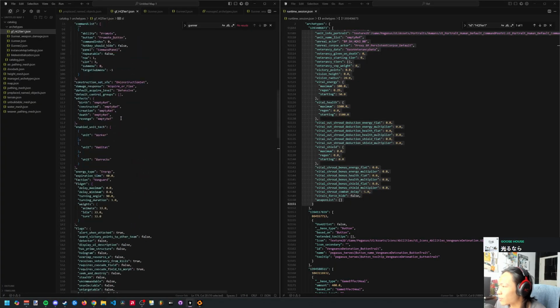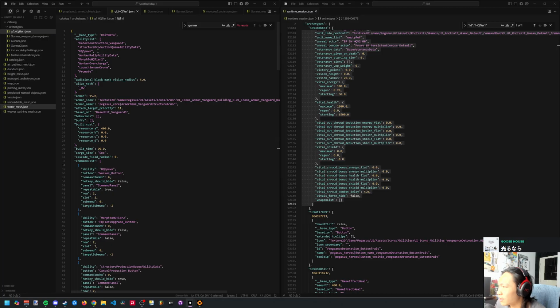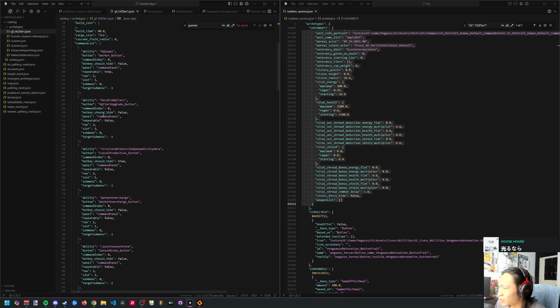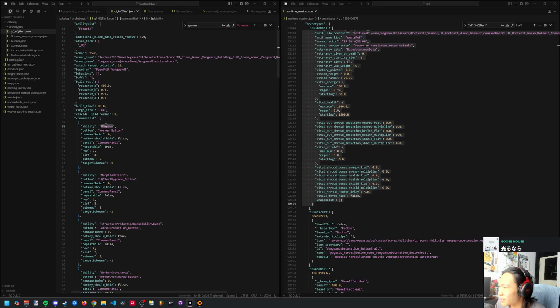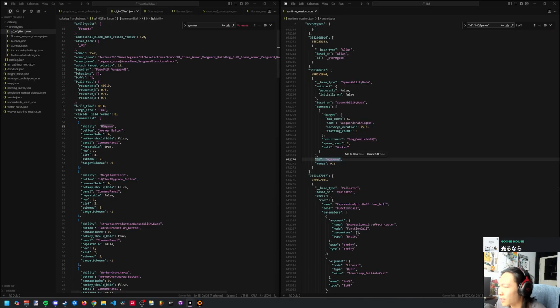But anyways, so a structure, right? So this is HQ Tier 1, this is a command post, is just like I said, a stationary unit. So the underlying data type is unit data. The important part here is if you wanted to make workers spawn instantly, you can see that you'd want to change HQ spawn, the ability, because you can infer that from the worker button. Servos internally are called workers, and the command post is called HQ. So if you look at the ability HQ spawn,